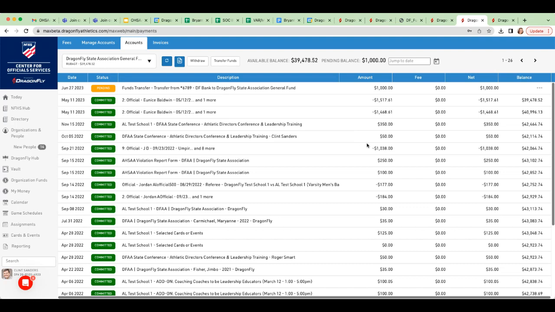So, moving over to the game schedule. You've connected your account, you've funded the account. I'll mention, if you send a paper check, you would see the same line item. It's not going to show pending. As soon as we deposit it, you're going to see that line item for a deposit in your account. So once you have funds in your account and you're ready to make payment,